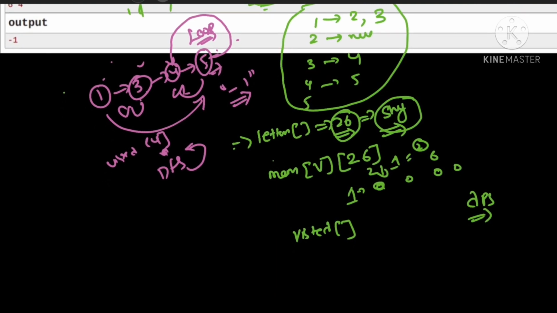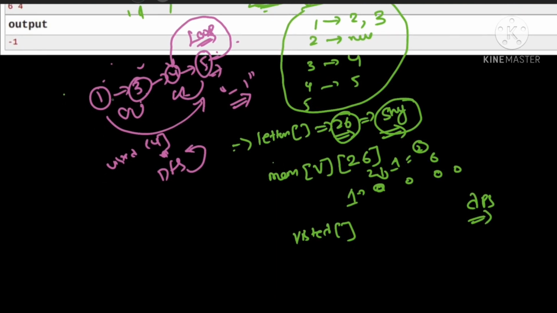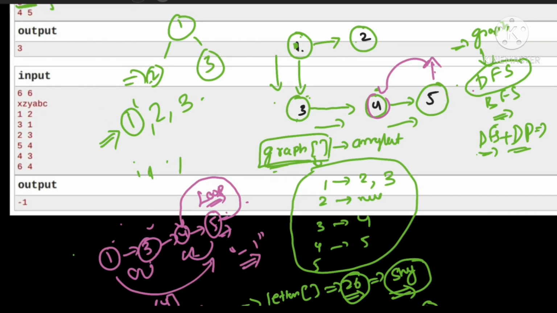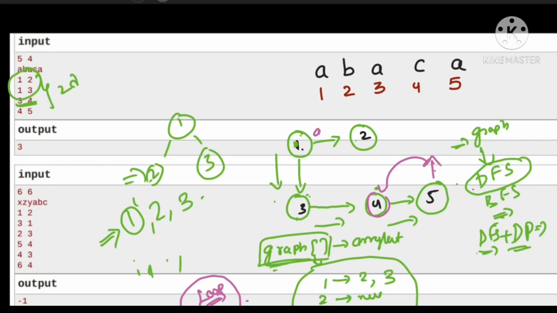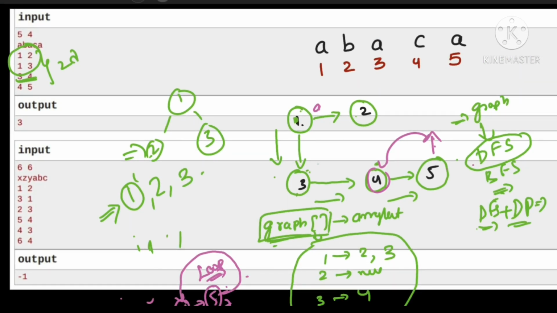And if there is no loop, while exploring, before hitting the wall, we will just count. Okay, I visited 1 in this path. Take this question, for example: 1 is A here, 3 is A again, and 4 is C. Before hitting the wall, I can just count, right? So A is counted 2 times, C 1 time, A again counted 3 times. So I can just take the maximum of it. At present the max will be 3.